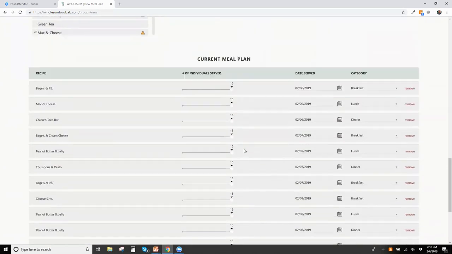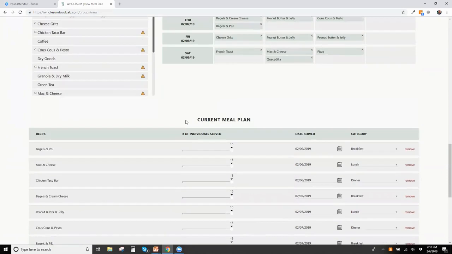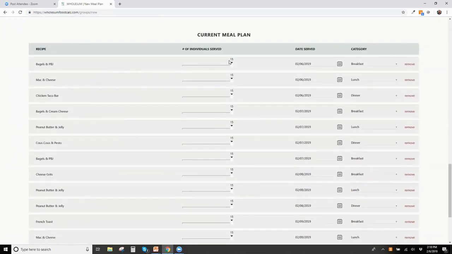And then the final step is basically to define how many people are eating these. So this is what we've come up with. By default, everybody, all 15 people, will be eating that meal. If for some reason